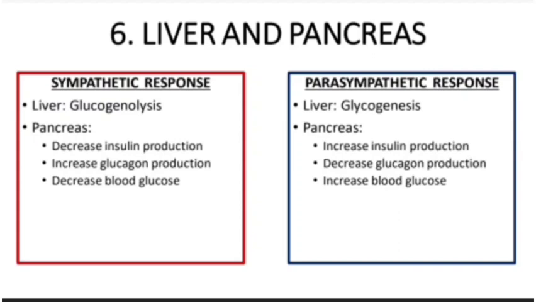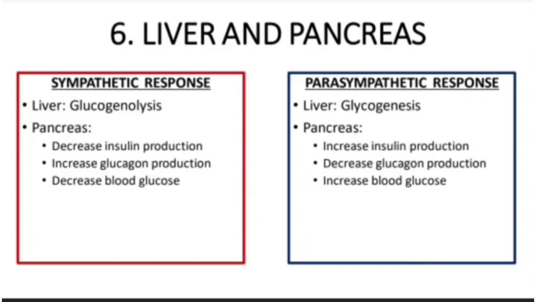Now let's relate it to your sympathetic response. So it says here that there is a decrease in blood glucose. That is the stimulus for all the actions that will happen in your pancreas. So why is there a decrease in blood glucose? An explanation would be that, in this fight or flight situation, you have already taken up most of the glucose currently in your blood circulation. So your pancreas detects that there is very little glucose left in your blood. So it will increase its glucagon production so that your glucagon will tell your liver to break down that stored glycogen and turn it back into glucose, so glucose can be released again into your circulation.